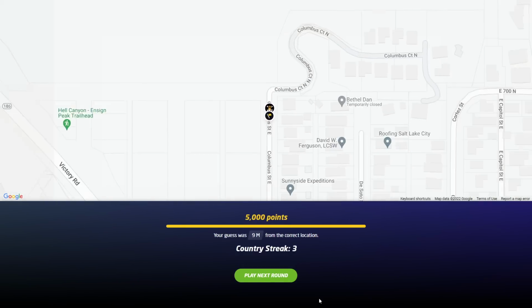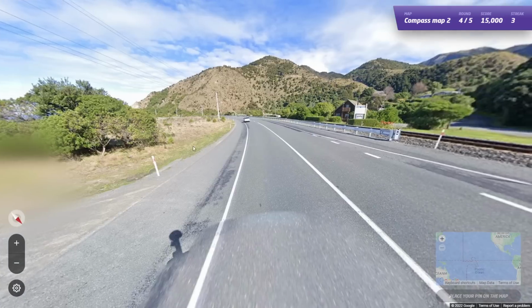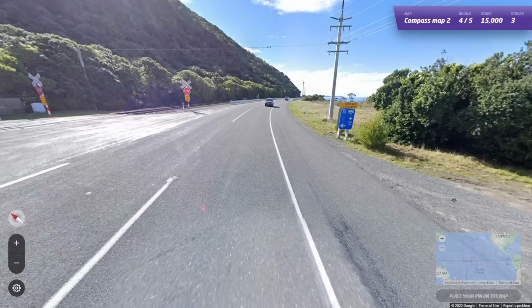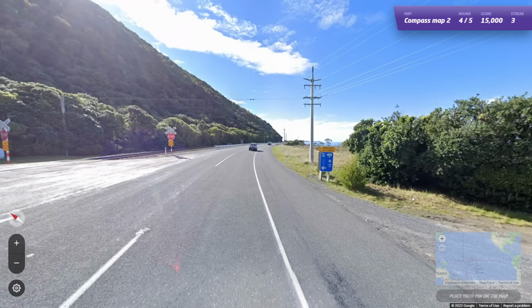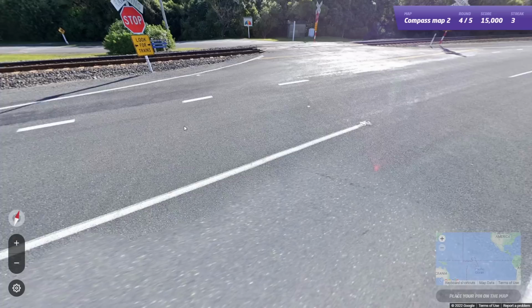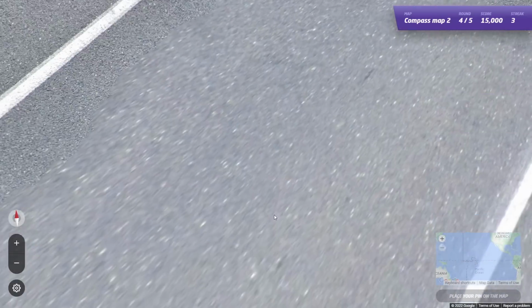Bit more south, but that's the 5K. Let's keep on going. All right, now this is an interesting one. We're in New Zealand here, thanks to the bollard. Sun is in the north. So that's also another use for the compass, by the way, telling which hemisphere you're in based on the sun's position. But more interestingly, here we have a railway track to the next of us, and we have a water